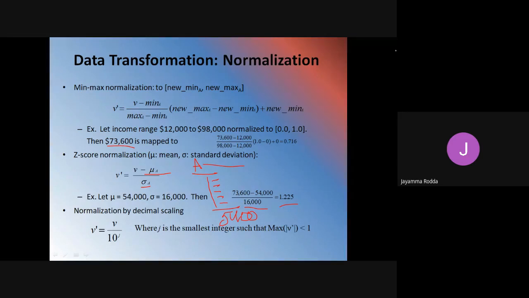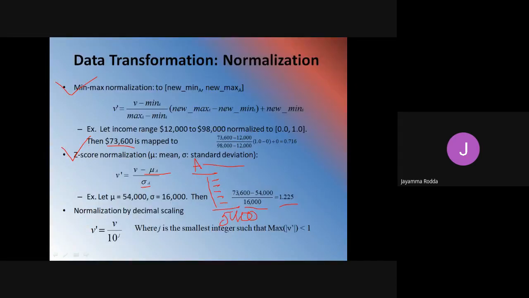Or if you do know the minimum and maximum values, better go for the min-max normalization. Only when you are not aware of them, better go for Z-score. Or it can also be used when there are outliers. Outliers are nothing but the values which are not within the given specified range.